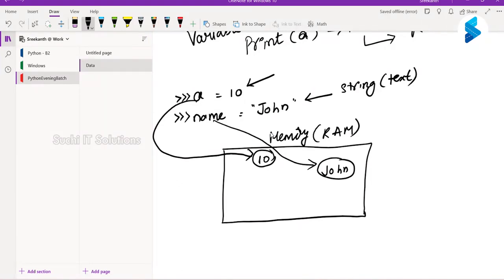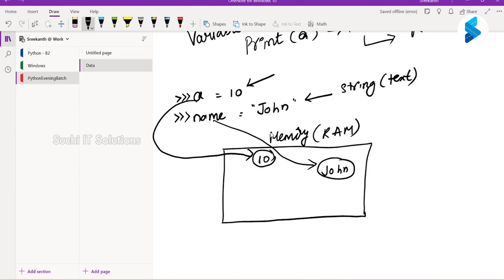Now when you say A equal to 10, this 10 is stored somewhere in the memory, and the address of that memory is stored in your A. The name John is also stored somewhere in your memory, and the address of it is nothing but the variable name. Here in this case it is going to be name, right?